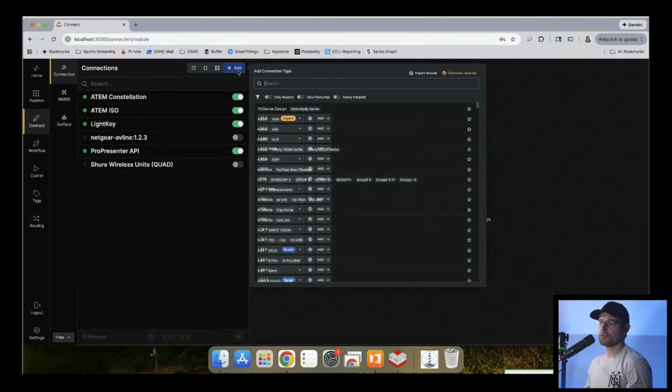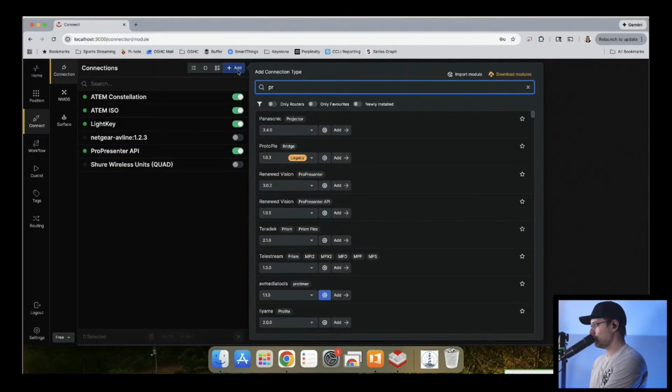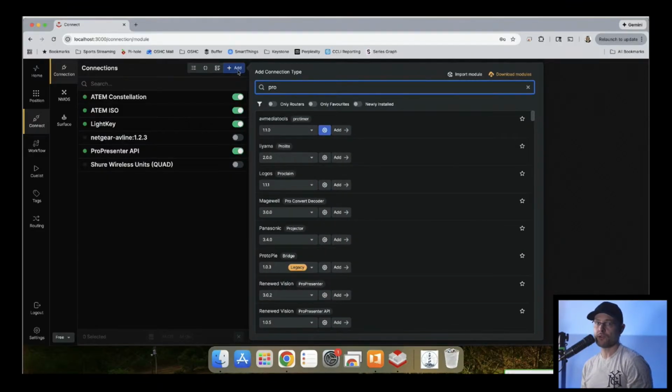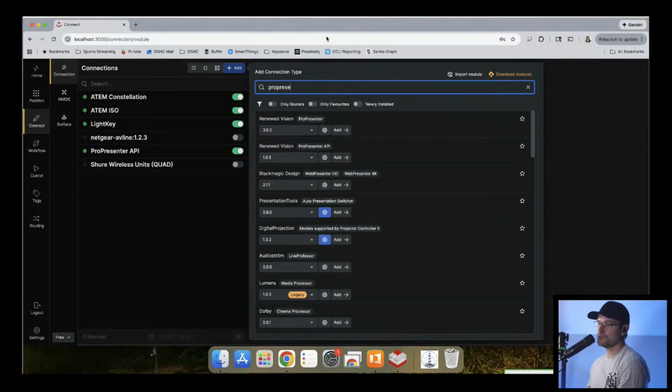Now, be careful here, because if you have been using ProPresenter in BitFocus Buttons for a while, you have to upgrade to the API. ProPresenter, which is Renewed Vision, all of us were using 302 up until about a month ago. This is January of 2026. That has been discontinued.